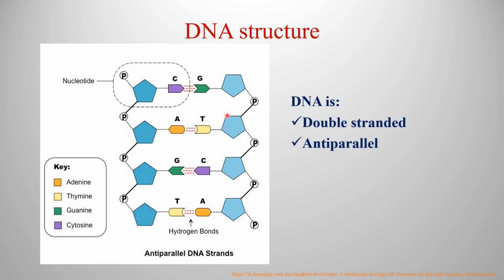But DNA is actually double stranded. This is one strand and this is the other strand, and both strands are anti-parallel to each other, which means they are placed side by side but in opposite directions. Like this strand contains a 5' end here and a 3' end here. The other strand will start in the opposite direction with a 5' end here and a 3' end here. Simply said, the head of one strand is laid upon the tail of the other strand, and the nucleotides of both strands are connected to each other by bonds called hydrogen bonds formed between nitrogenous bases.